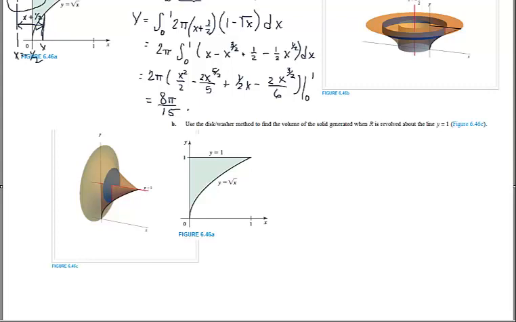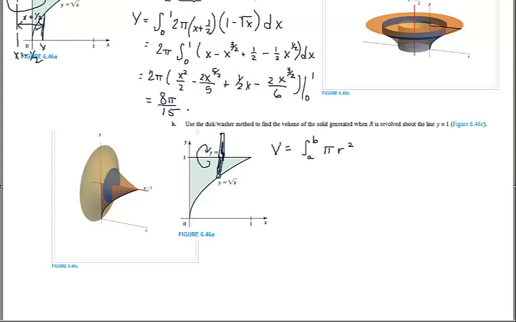In this next one, we're supposed to use the disk or washer method to find the volume of the solid when it's revolved about y equals 1. So I'm taking this region, revolving it about y equals 1, and I'm going to use the disk method. So I'm going to have these little disks, and they're going to be revolved, and they'll kind of look like this, and they're going to make a solid as it revolves about that y equals 1. So the disk method, the formula for that was limits of integration, and it would just be